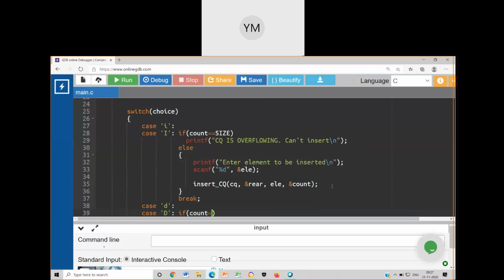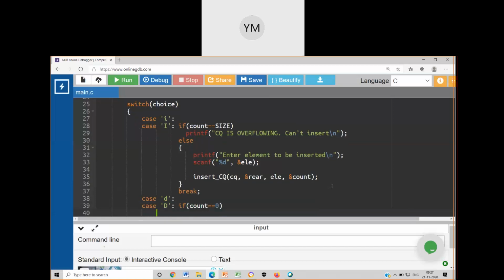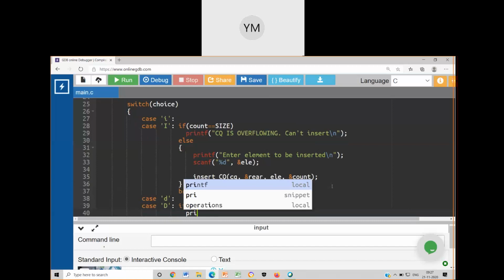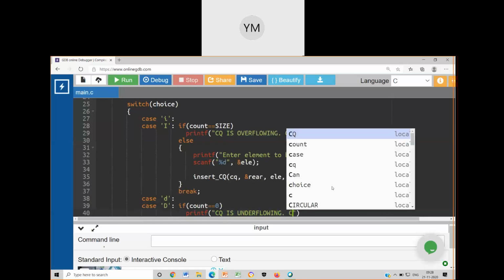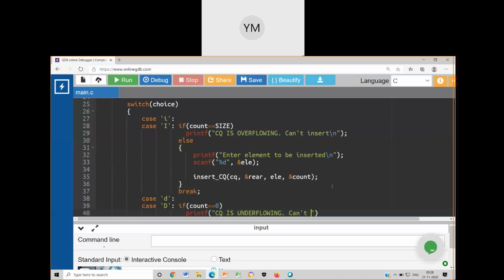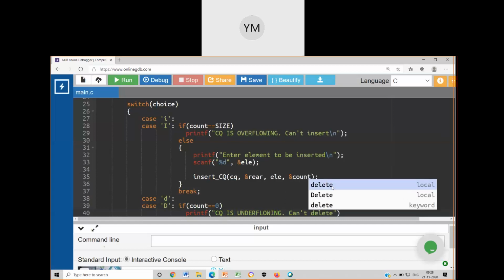If count equal to 0, printf CQ is underflowing, can't delete.